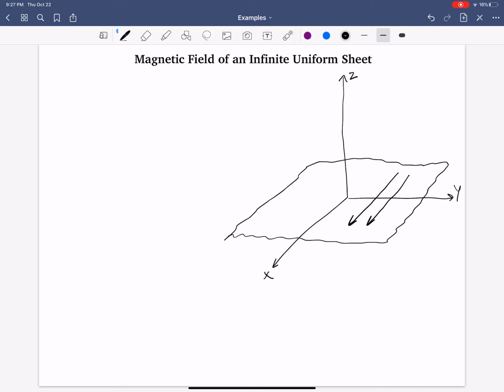How do we find the magnetic field around this region? Which direction does it point? Well, like always, we use the right-hand rule and put our thumb in the direction of I, and then our fingers will curl in the direction of the magnetic field. So let me rotate this diagram a little bit, down below here, that's the y-axis, z-axis, and I'm going to draw this sheet such that